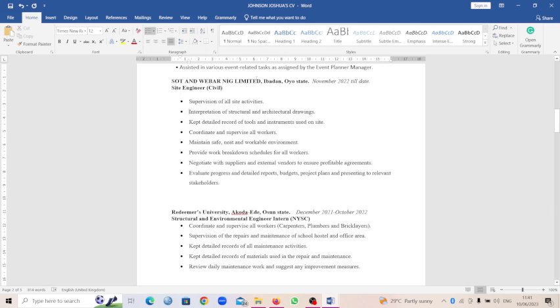So Salt and Weber Nigeria Limited, I was a site engineer. I supervised, I interpreted this, but we don't need this for the role. I kept record of instruments. I coordinated and supervised workers. I maintained safety and I provided work breakdown of schedules to workers. I negotiated with suppliers. I evaluated progress. All of this. So let's just remove this